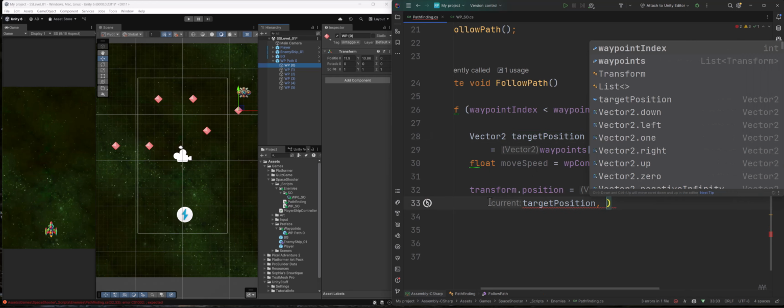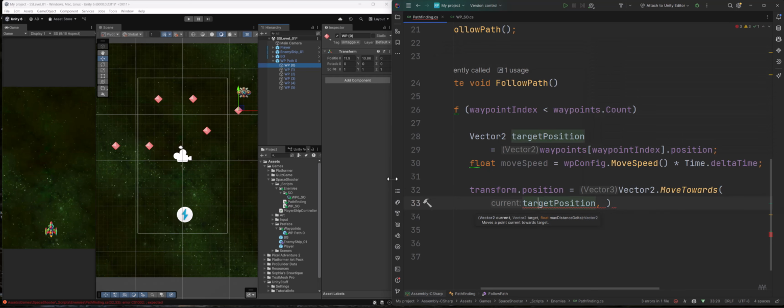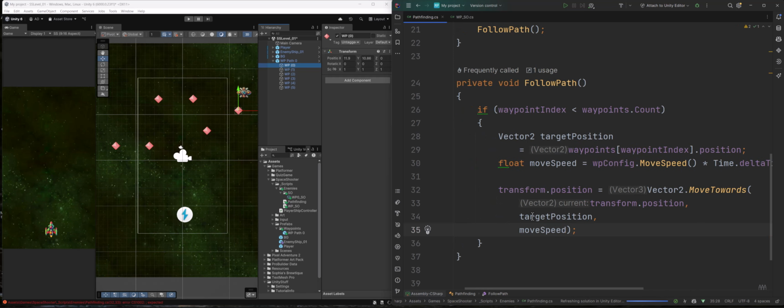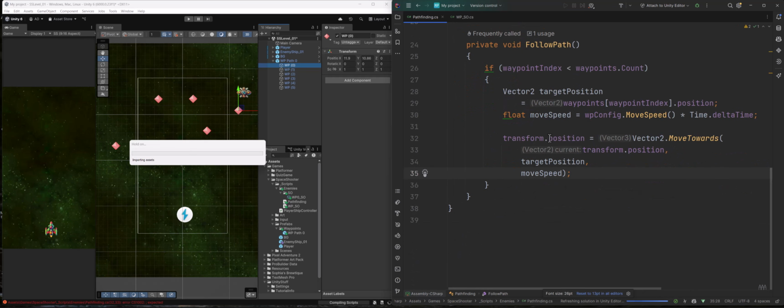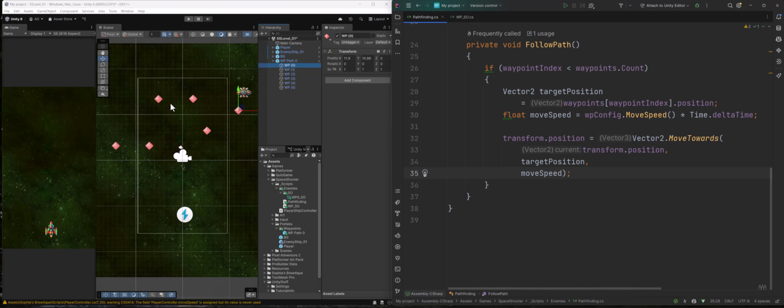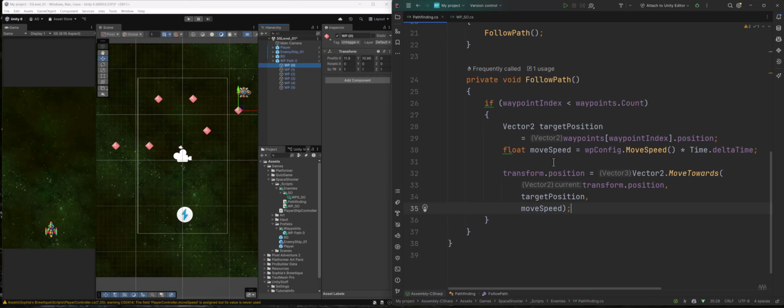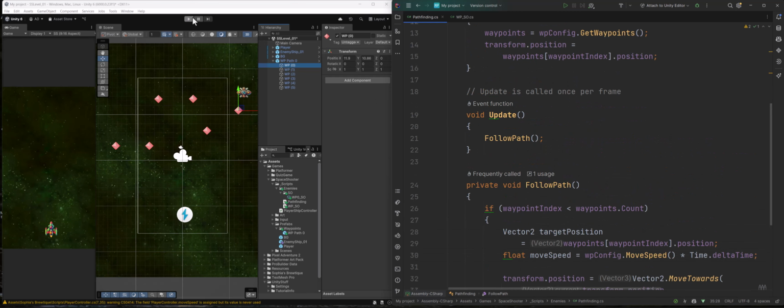So I'm going to hit comma. Oh, actually we want the current position. So I'm going to copy transform.position here, because that's our starting position. It's wherever this alien ship is at. We have our target position here. And then for our move speed, I'll put these on 3 different lines, and then for our move speed here, we're just going to use move speed. And then let's close this up. So what this code is going to do is move the position of our ship along this here. And that's this follow path method. And remember, we're calling this on update. So if I press play here,